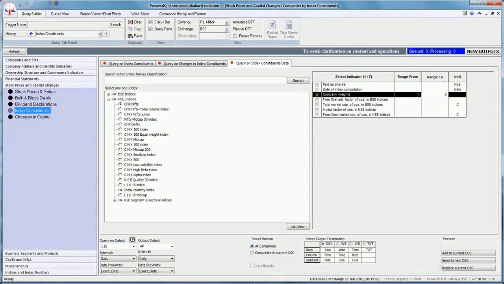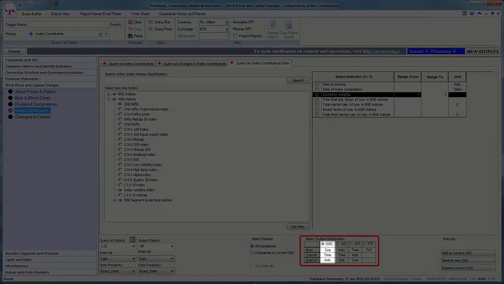The sixth step is to select the appropriate output destination from the 4 formats available in the Select Output Destination box. The first is the OSE format, which lists the names of companies in rows and time and indicator in columns. The second output destination is the WS, which is the worksheet, which displays indicators in rows and companies and time in columns.